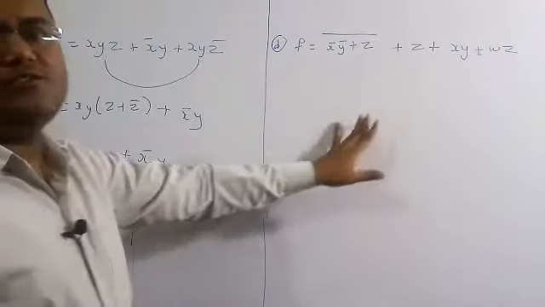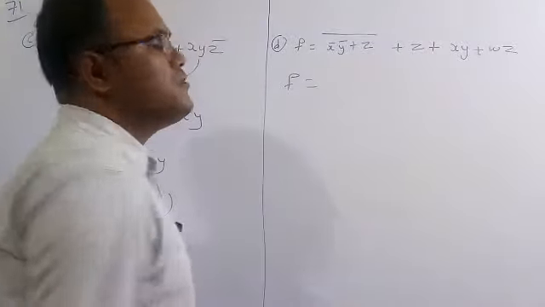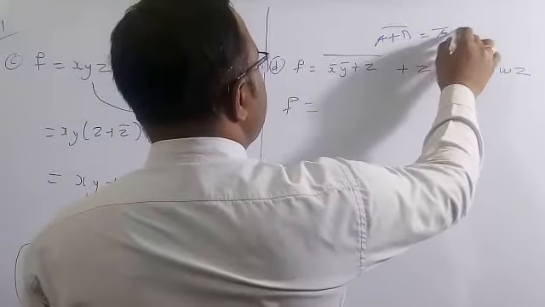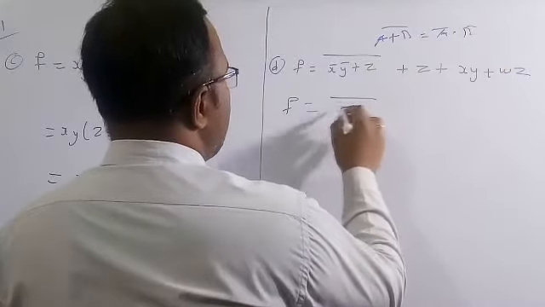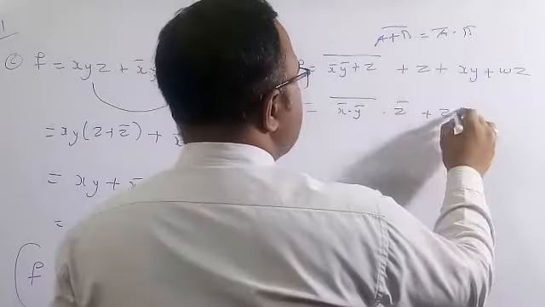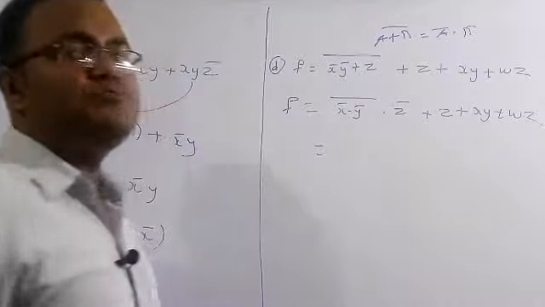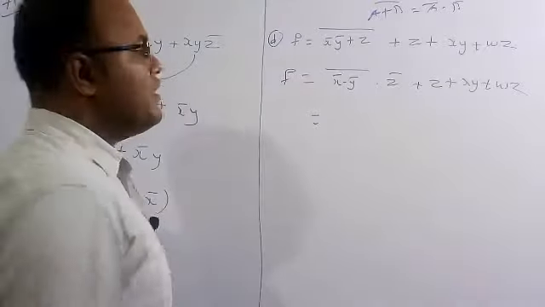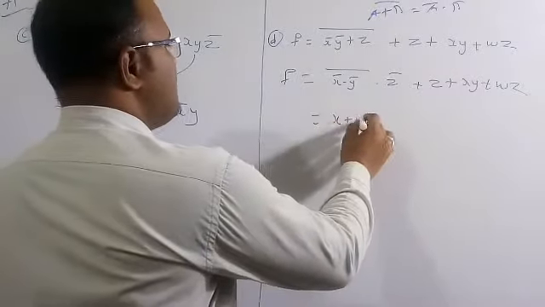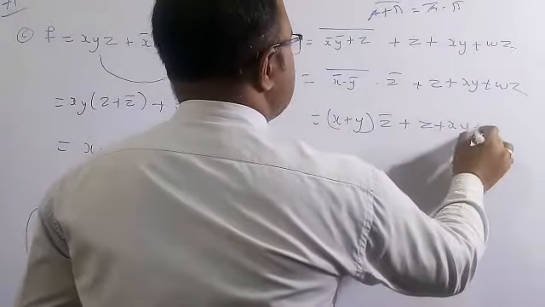Now the last thing is we need to do the simplification of this one. So for here I am going to apply the concept that the complement of a plus b is equal to a bar into b bar. So therefore by that concept here, bar of x bar into y bar into z bar. Similarly z plus xy plus yz. And similarly here bar of a into b is equal to a bar plus b bar. So here a bar is nothing but x bar is nothing but x. So therefore x plus y into z bar plus z plus xy plus wz.